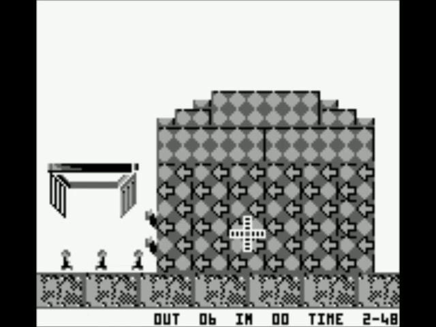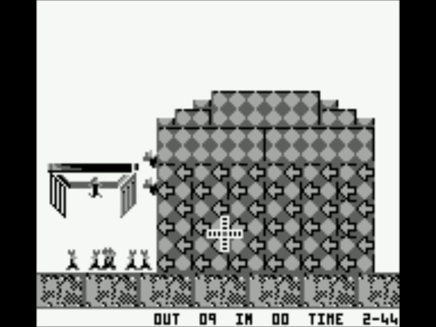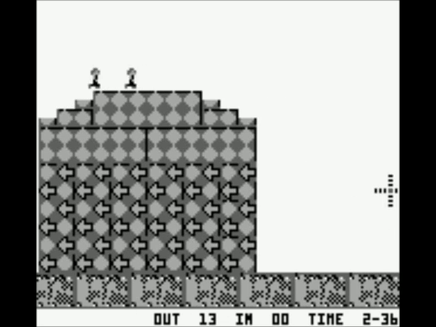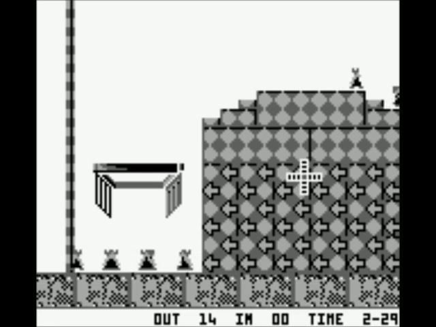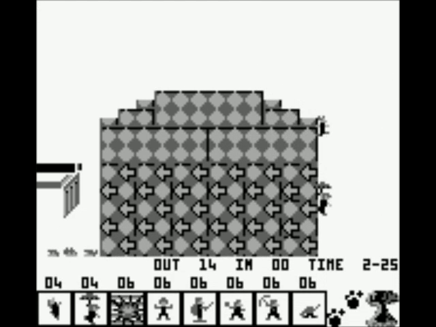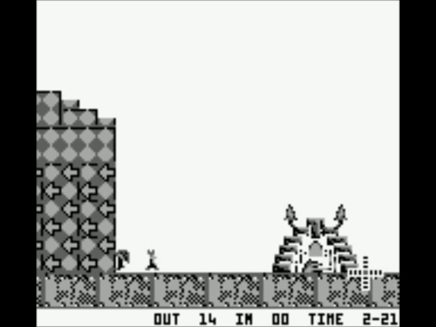Because these arrows, which are normally bouncy arrows, so it's kind of a shame they're not bouncing in this version, these arrows indicate that you can only dig going this way, and not this way, so you have to set it up such that you get a person digging through here, because you don't have nearly enough climbers and floaters. Speaking of floaters... There we go. You don't have nearly enough climbers and floaters to actually reach the exit, so...